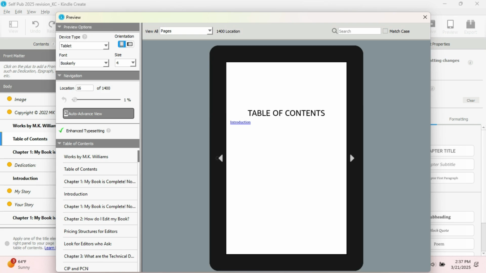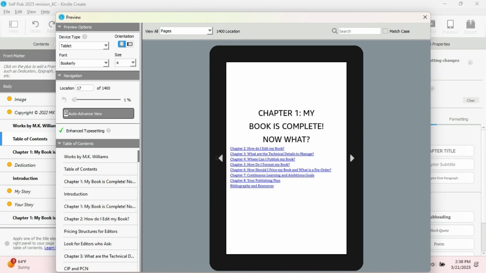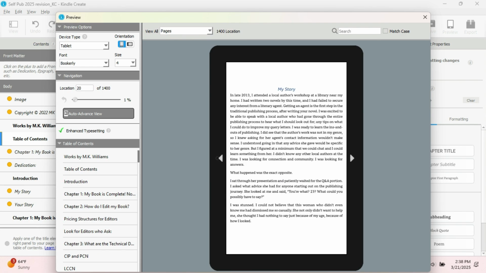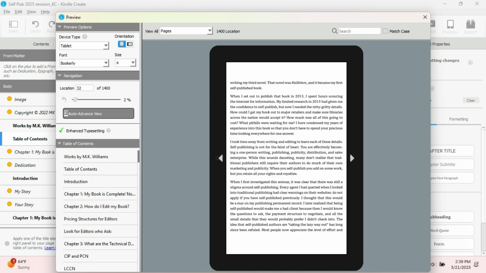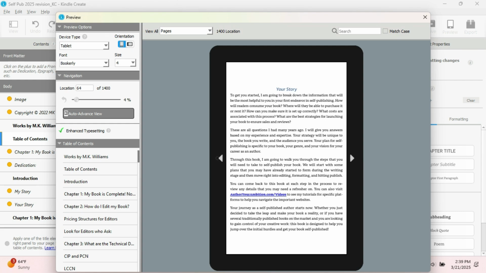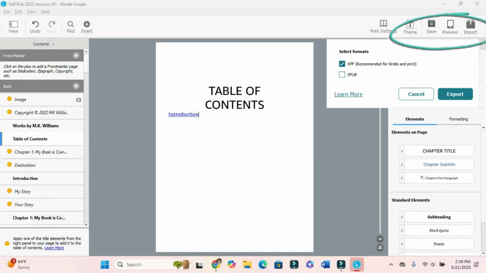So something obviously is off in my table of contents. I'm gonna need to go figure that out. After you go in, now in this case, there was something that I needed to change on the Word document that again is still in editing. So go back to your Word document and you may have to re-upload it or edit it because that was why that was not working correctly for me. But now as you can see on the side, things are looking better. You click through every single page to make sure it looks correctly, if there are links, if the links work, etc. And then once you're good with it, you like how it looks, you clicked through every page, you're going to exit your preview and you're going to hit export.